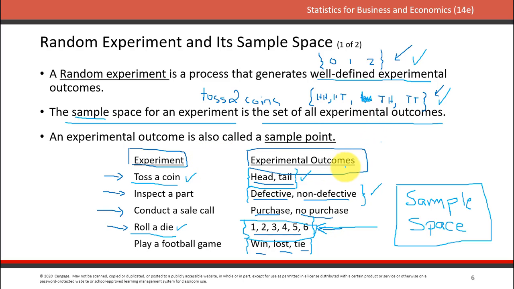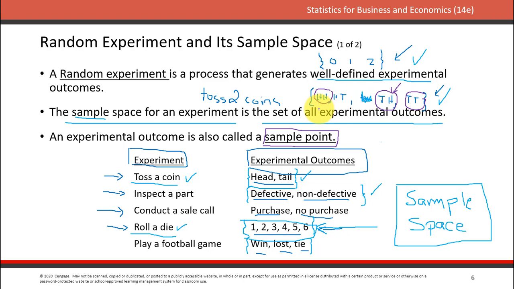And then each element, so here's an element, is called a sample point. So maybe we should say that 3 times. Say it 3 times out loud. Okay, so this is a sample point. This is a sample point. This is a sample point. Notice that a sample point in this case consists of 2 things, but it's only one sample point.